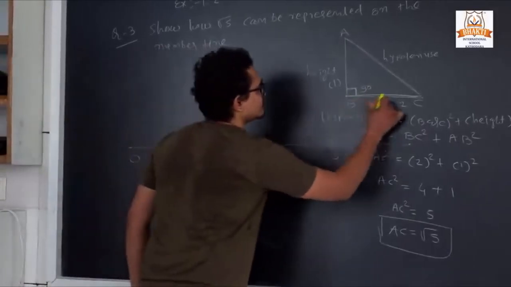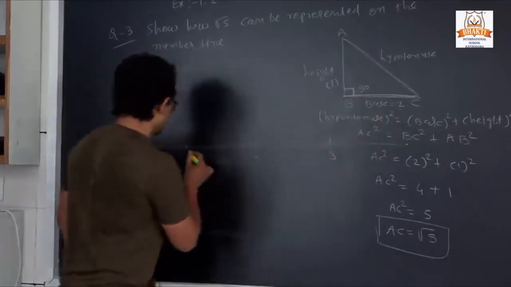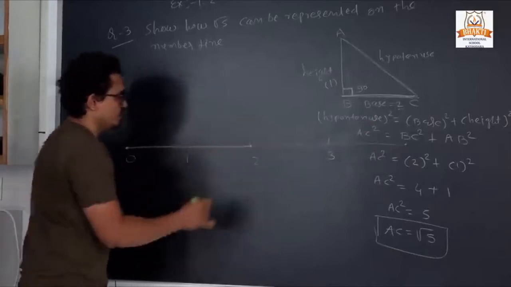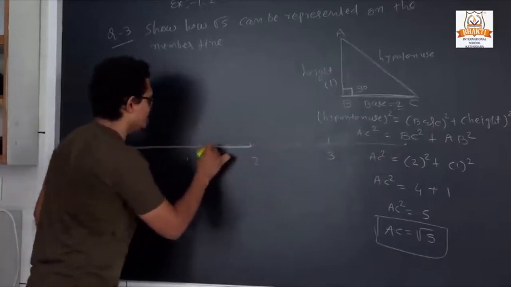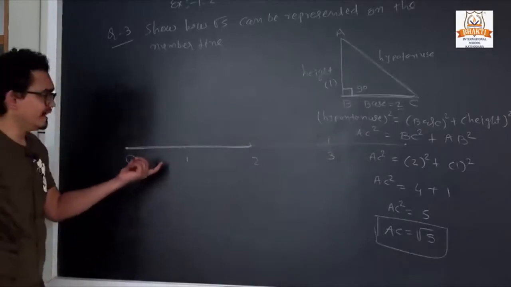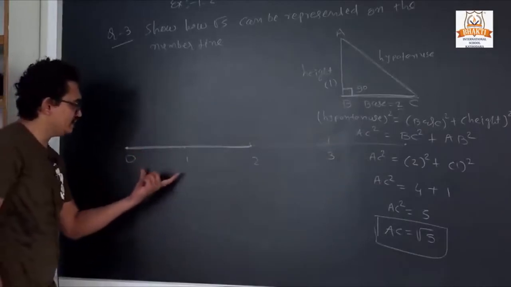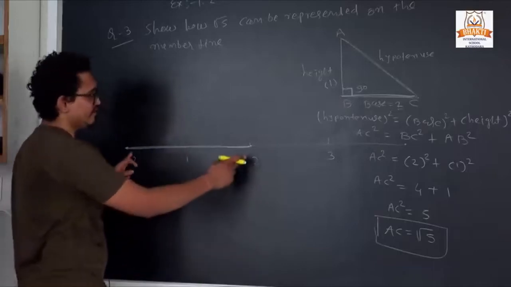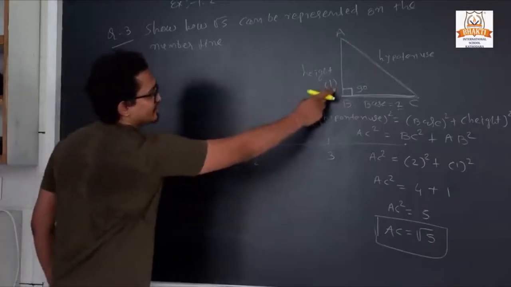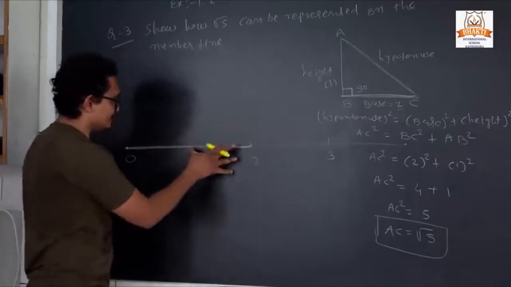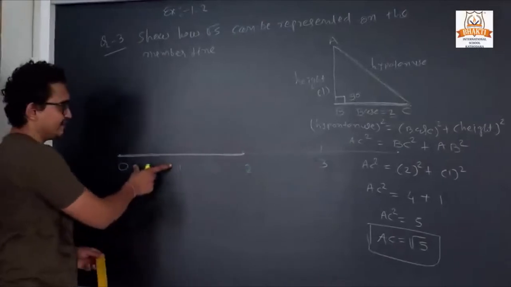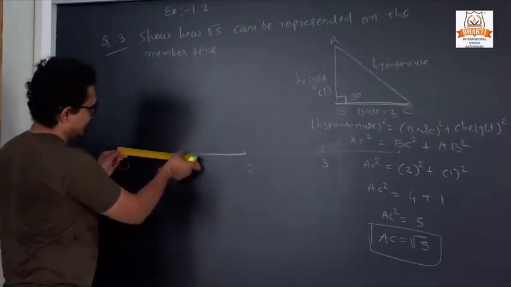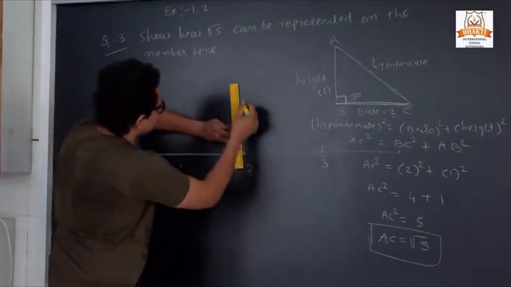So what is our base? It will be 2. So here from 0 to 2. Clear? We can take the 2. So you can take 0 to 1, meaning 1 is equal to 5 centimeter, and another 5 centimeter, so it will be 10 centimeter. Now it will be 1. Once again we can take that scale, 5 and 5, so it will be 10 centimeter. So we can also take the centimeter scale on that. It will be like that.